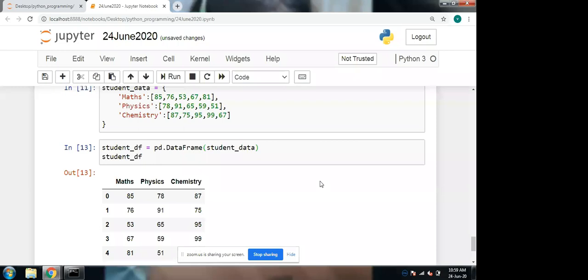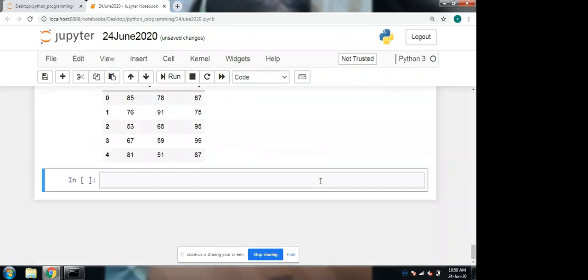So have you completed up to now? Yes, sir. Okay, fine. So now let us change the index. For updating the index, we can do it like this. I have assigned the data frame to an object, student_data_frame, that is student_data_frame.index equal to,